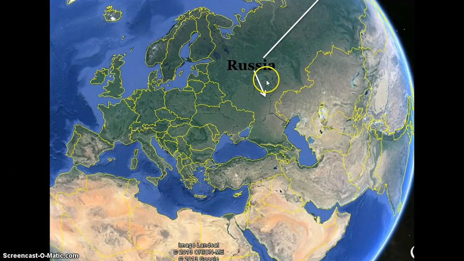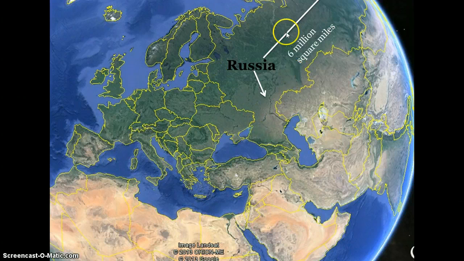Lastly, you have Russia. Russia is an enormous country, 6 million square miles. Russia stretches the entire length of Asia. It's so long that you can't even see it on the screenshot. It goes around the earth. If you were to get in a car or on a train, bus, whatever, walk, if you started here and you crossed through this western part of Russia,